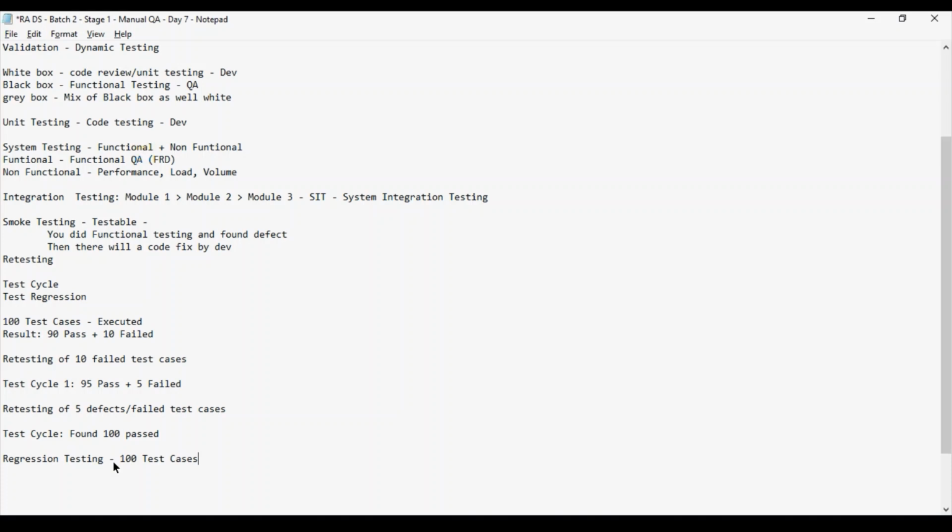In case, suppose after the regression testing, they change something, or they change some integration between the applications, and they ask you to check the major functionality out of that, not the 100%. If you are doing 100% of the test cases again, that will be called regression testing again. But if you are not performing the 100 test cases, and you are just testing the main functionality of the application, that will be called as the,